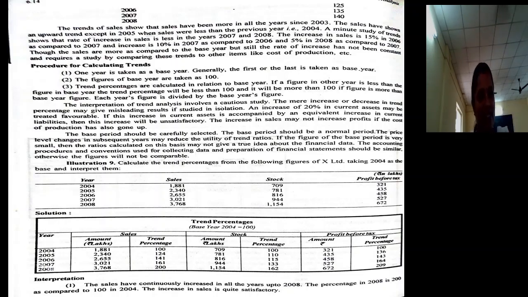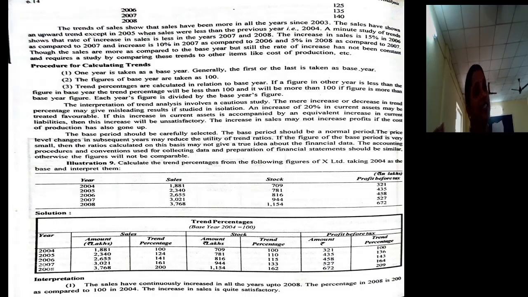When you interpret, because if you calculate trend percentage, what you did is you just analyzed it. Interpretation means explaining the meaning and significance of calculated trend percentages. When you go for interpretation, don't interpret just by looking at increase or decrease. Compare it with the related figure. For example, if current assets get increased, don't be under the assumption that liquidity has increased. You just see whether current liability also increased. If current liability has also increased, it doesn't indicate that the liquidity position has increased. That's why you cannot interpret just by looking at the increase or decrease of a particular figure.